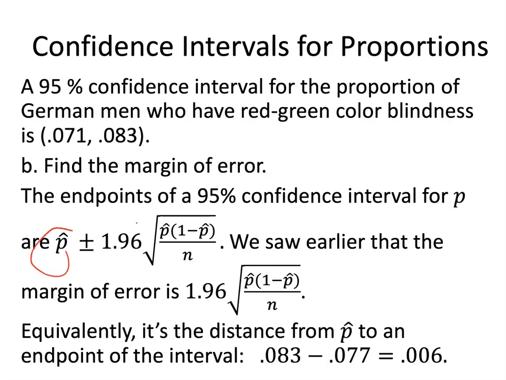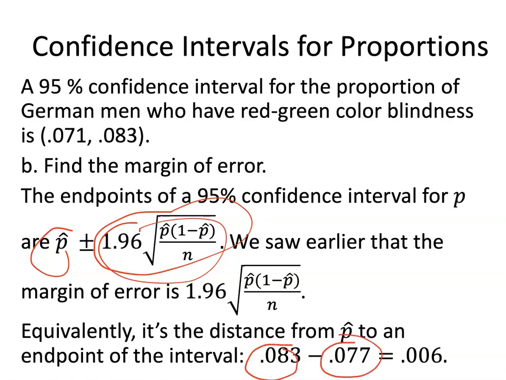You have p hat plus this stuff, and you have p hat minus this stuff. So to figure out what this stuff is, we just need to look at the difference between one end of the interval, like 0.083, and the midpoint of the interval, 0.077. When you do that, you get 0.006. So this stuff over here, that's our margin of error. It's